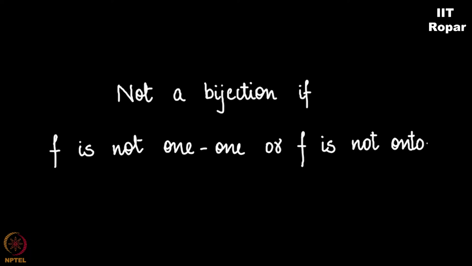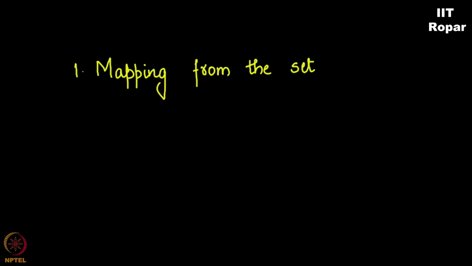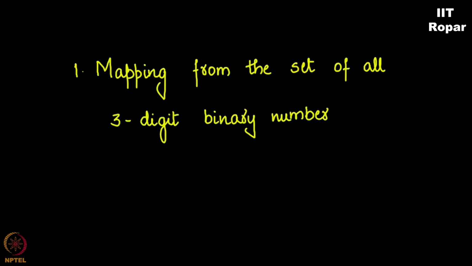So let me quickly recollect one easy bijection that we have been seeing from week 1. That is, the mapping from the set of all 3-digit binary numbers to the subsets of the set {1, 2, 3} is a bijection. I am not going to discuss the proof here as we have been telling it, and you all must be very clear with it. So this is one bijection that we all know.